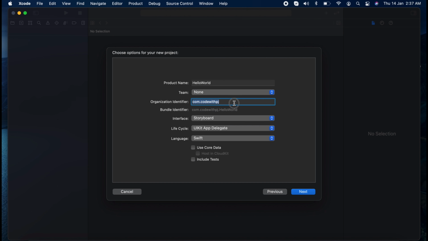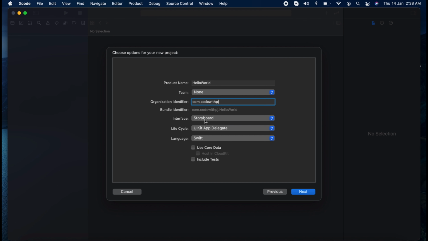Typically the value for this field is the reverse domain of your website. For instance, if your company's website address is codewithpj.com, then just reverse it, com.codewithpj. In the upcoming videos I will tell you the reason why we are putting it this way. Okay, but for now let's not make it complicated, just put it in this way.